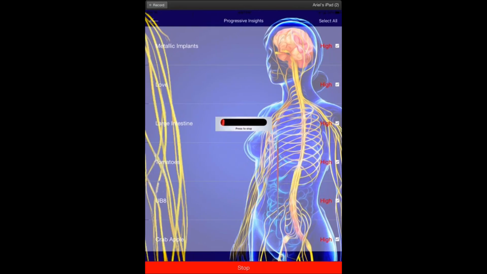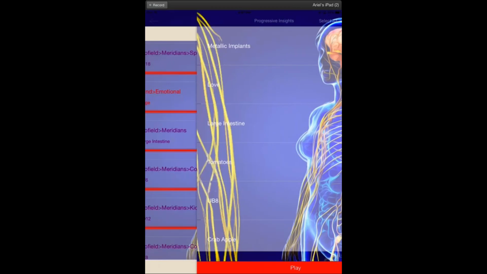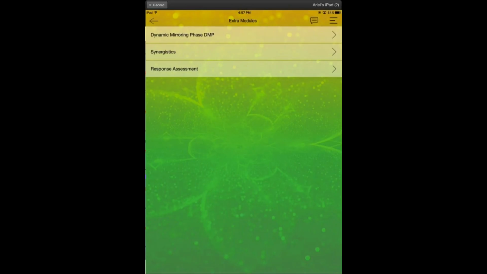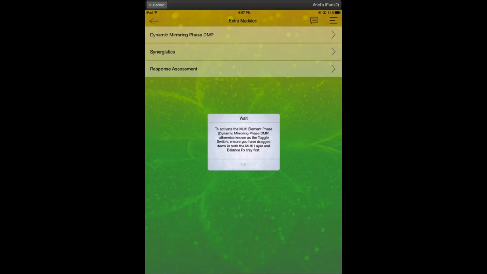The dynamic mirroring function on the front would be helpful. How do you bring up the MEP? The MEP is now called the DMP. We have 3 minutes left, so let me just show it to you one more time. You go to your nav bar, you go down to the extra modules, and you go to the DMP, which is the dynamic mirroring. It won't actually let me go in because I don't have things in my